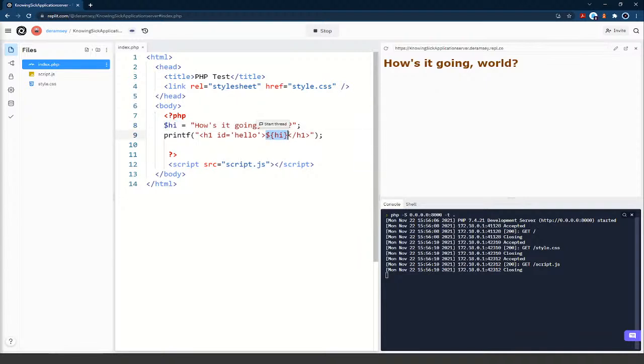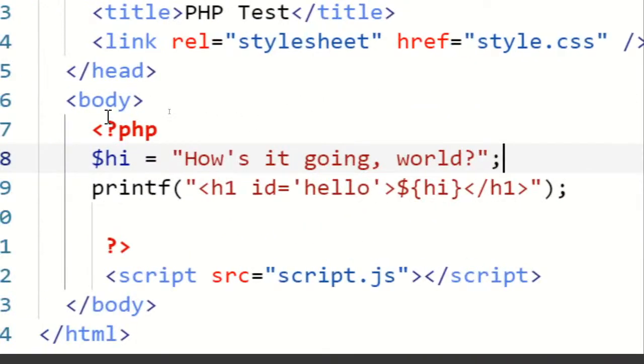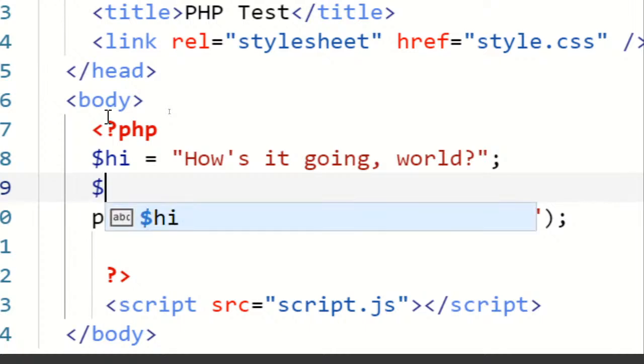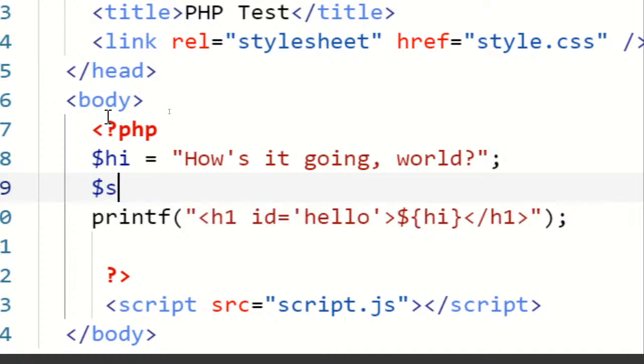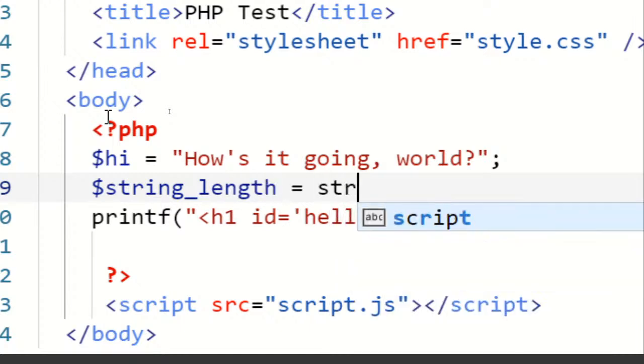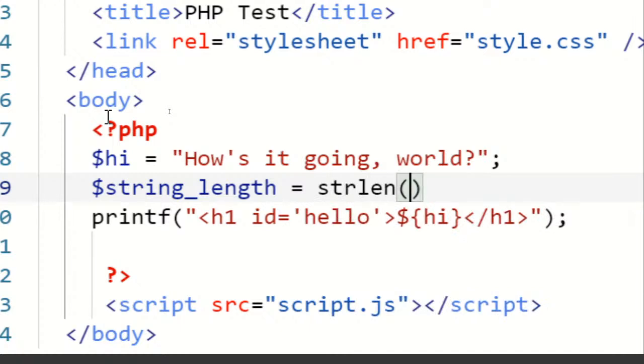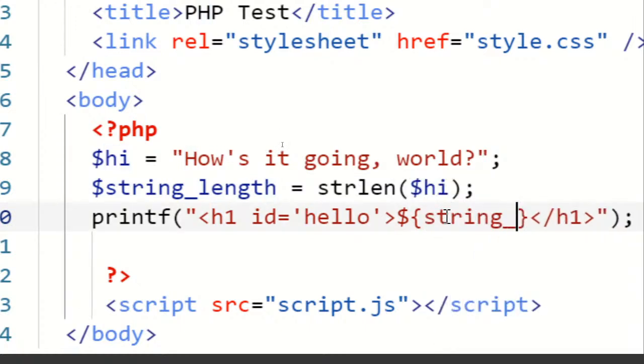So if I go into my printf function here, I can add, well, the better way to do this would probably be to put it as a variable. So let's create another variable. We'll call it $string_length. And we'll set that equal to the strlen function of $hi. So what that's going to do is count all of the characters, including any symbols and spaces, in this string. Right? So if I printed this out to my page here,